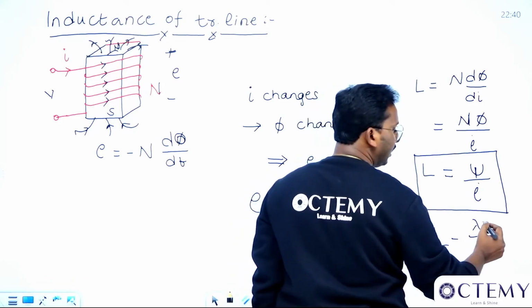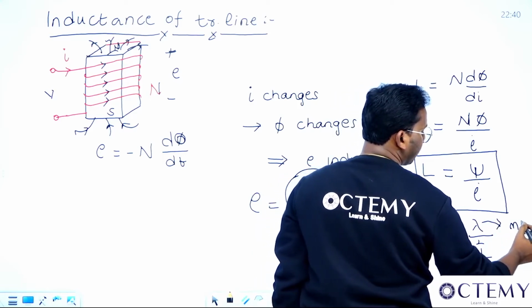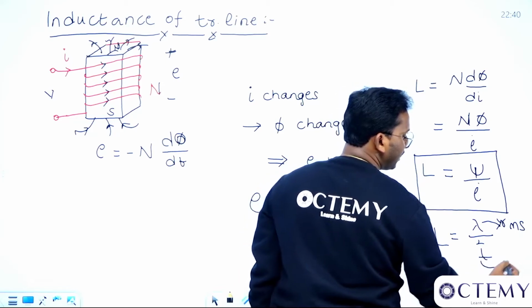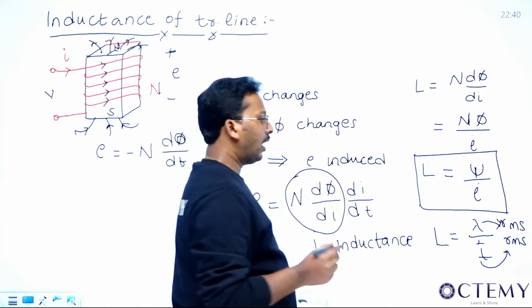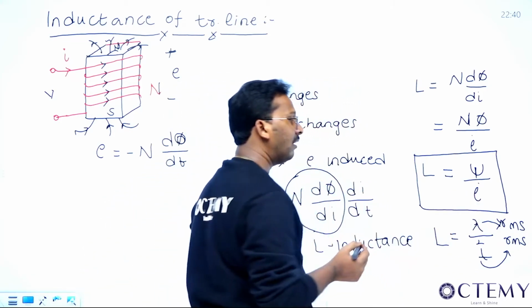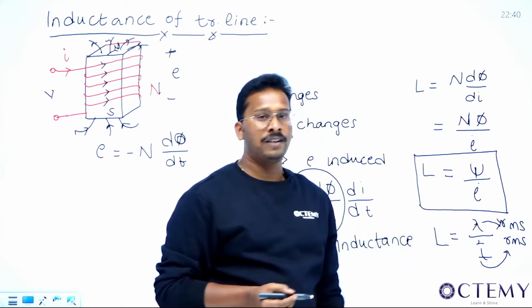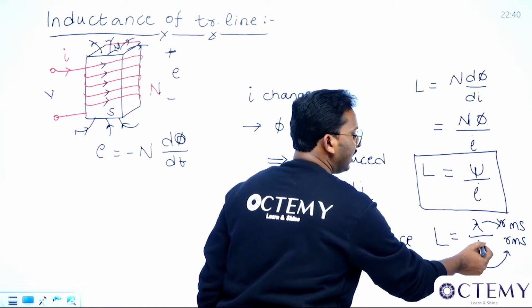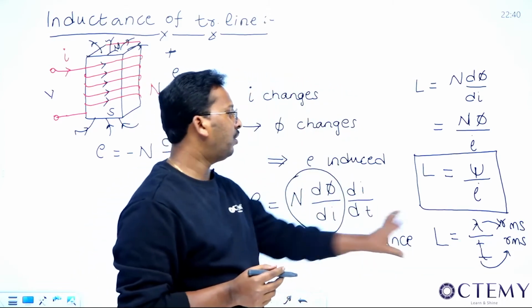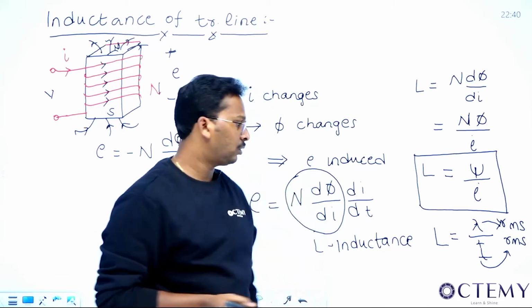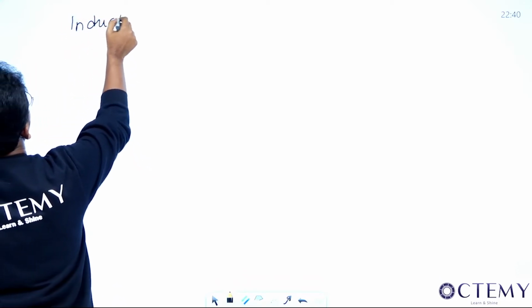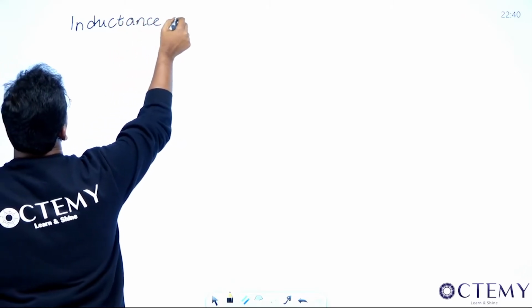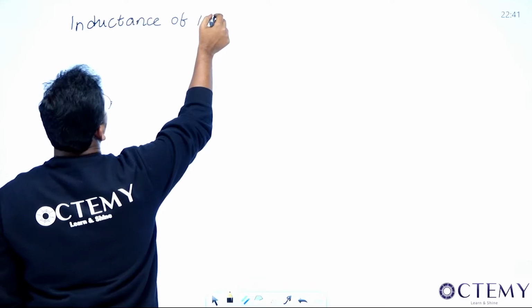Now what is this lambda? This is the RMS value of your flux linkage, and this I is also the RMS value of that particular current. So understand this: to find the inductance, you will have to find the flux linkage and divide it by the current. So the main motivation is, if you want to find the inductance, you will have to find the flux linkage. So let us do that. Let us find the inductance of a single wire. Let me do the calculation of inductance of a single wire. One wire.